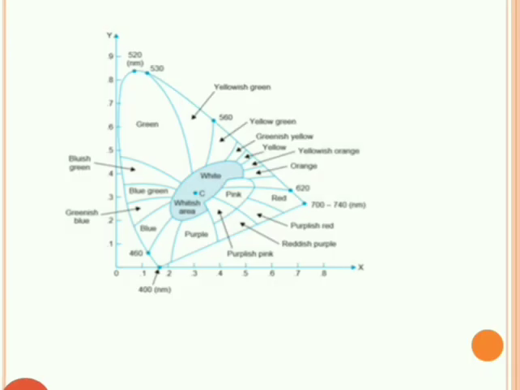You can see in this diagram, at the center there is a point C, and different pure colors are directly mixed with that particular white color, and they are saturated. This is nothing but the chromaticity diagram. This chromaticity diagram is formed by all the rainbow colors arranged along a horseshoe shaped triangular curve, where all the colors are arranged and mixed with the white color. This is nothing but the chromaticity diagram.